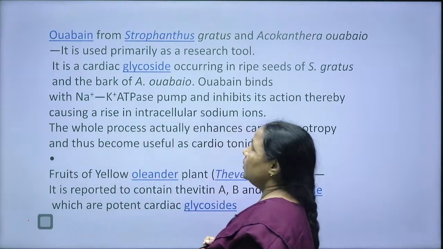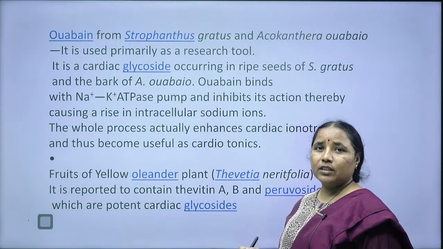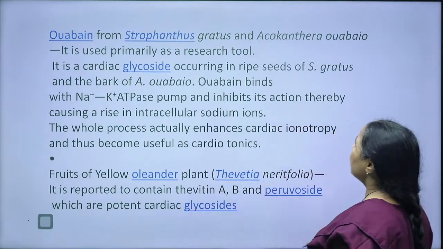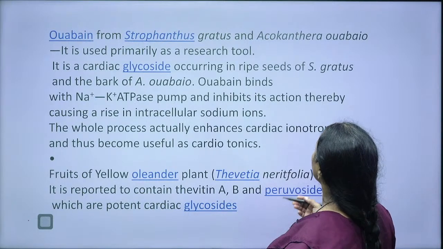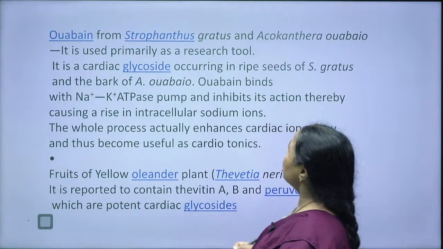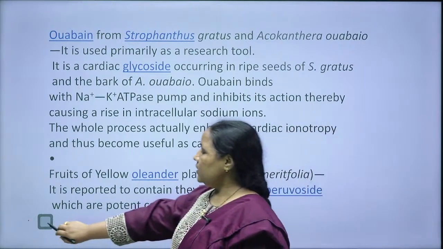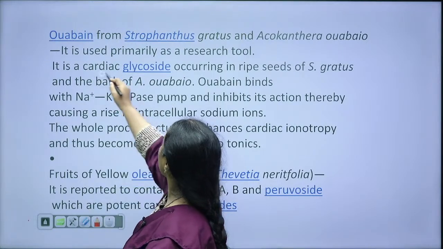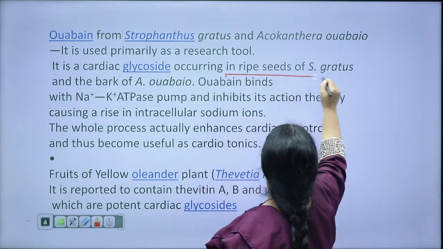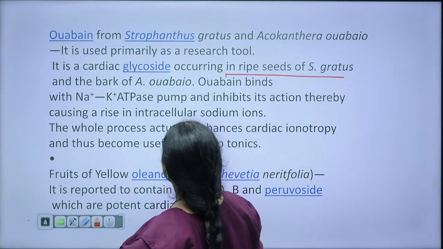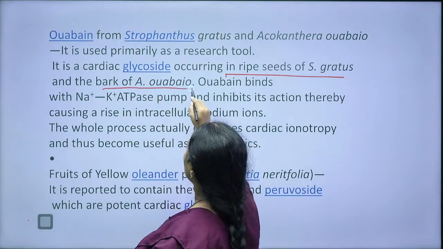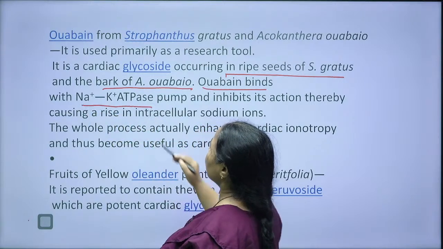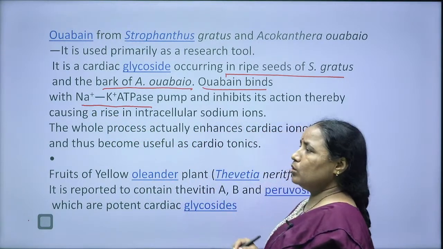Another cardiotonic that can be used is obtained from the seeds of Strophanthus gratus, and it is primarily used as a research tool. It contains cardiac glycosides, which occur in the ripe seeds of Strophanthus gratus and the bark of Strophanthus, and ouabain binds with the sodium ATPase, that is